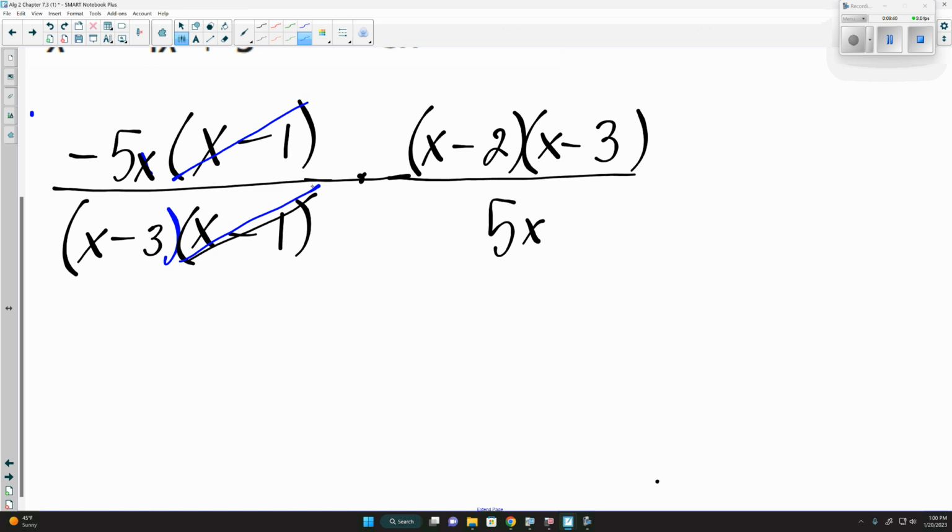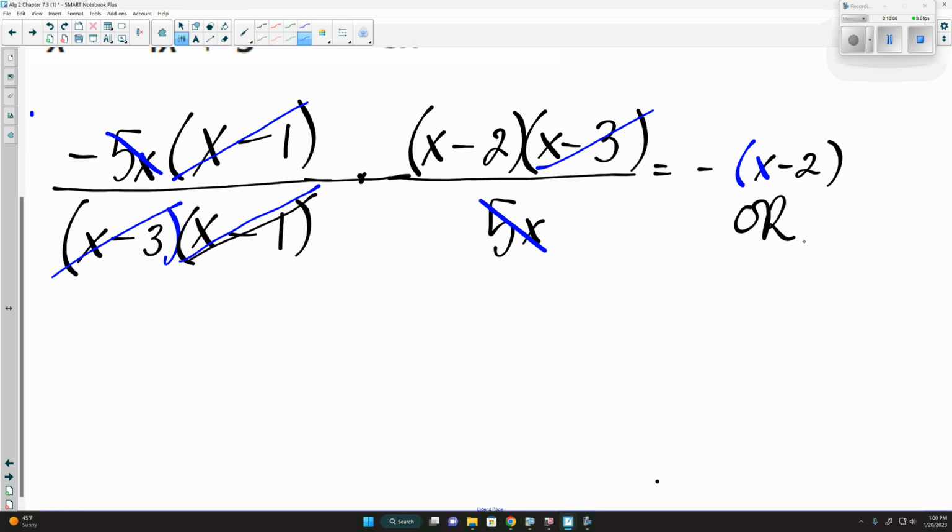I end up doing this. Because again, it's going to become one fraction. Might as well just connect it instead of having to rewrite the entire thing back out. Now that we recognize that it is 1, what else will simplify? X minus 3 and 5x, which leaves us with